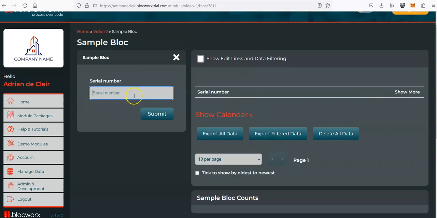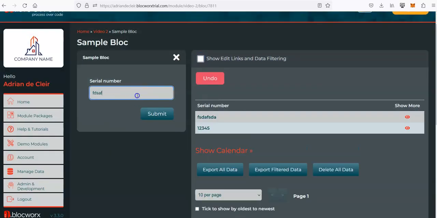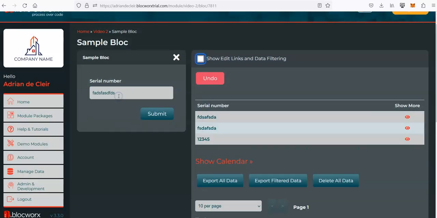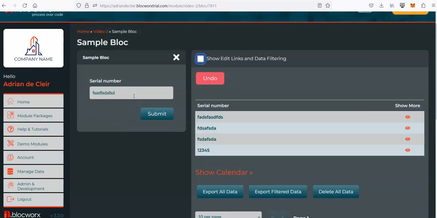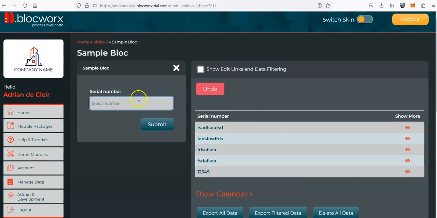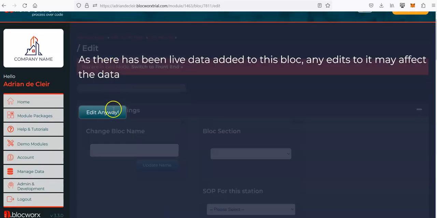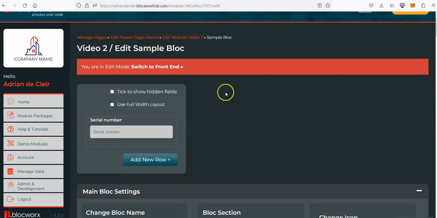And that's originally what Blocworx was designed for, that as they're adding data, they can see what's going on the right hand side. And that's the very original core design that Blocworx started with. However, that's only one use case. So in this example, it's a block where it's very much a live system where people are tracking stuff all day. But then there could be a case that it's a form that someone is filling out